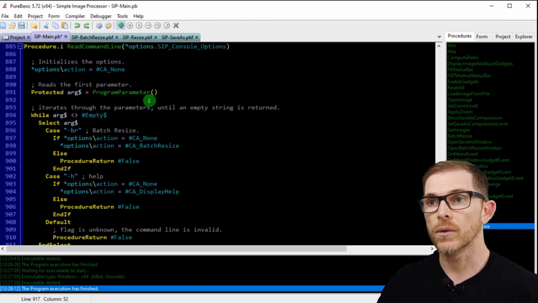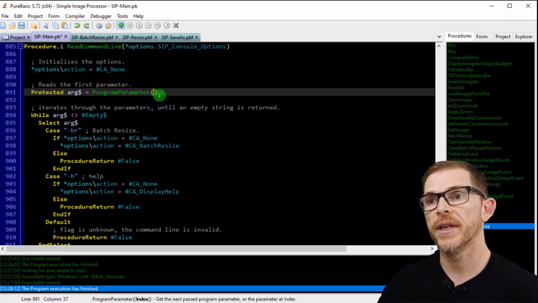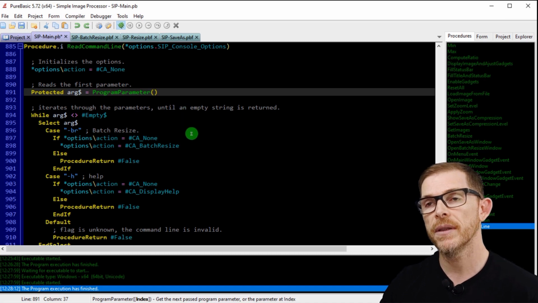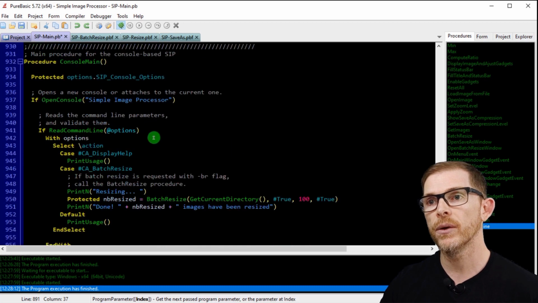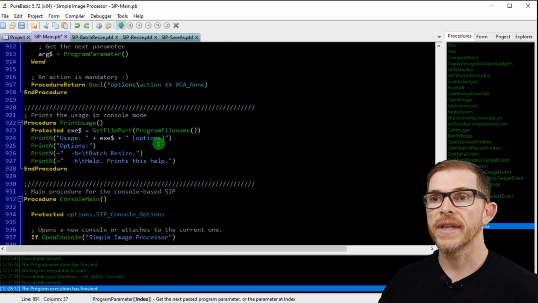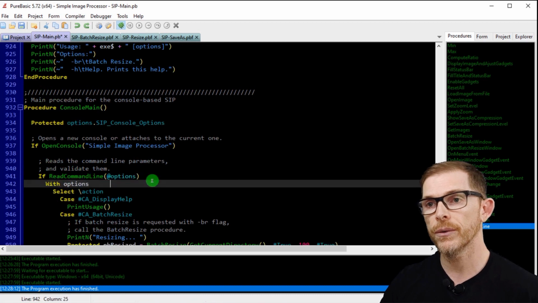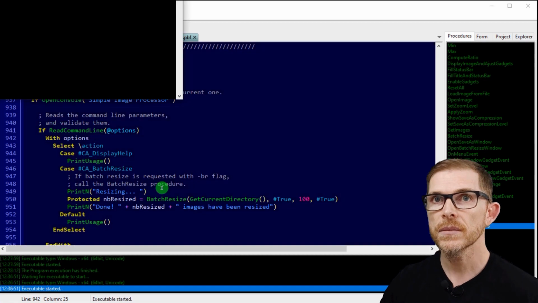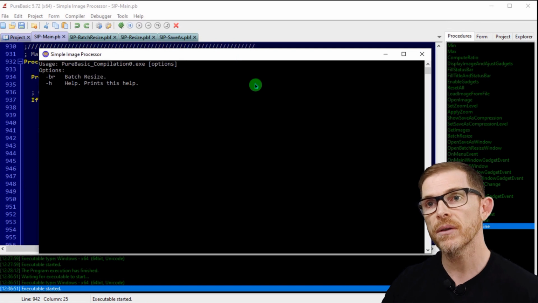And that's it. So the very important command here is this program parameter that returns the next argument in the command line. So here, when I'm calling ReadCommandLine, I know if it's valid or not, and then I can act. And of course, the action and the options have been filled in with the correct values, so we can try this. So if I run this, it will display the help. Sorry, here it will display the help because